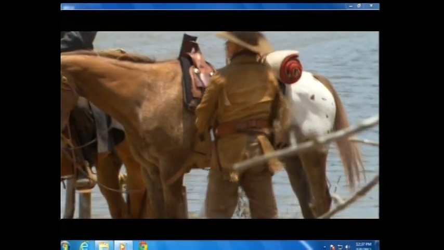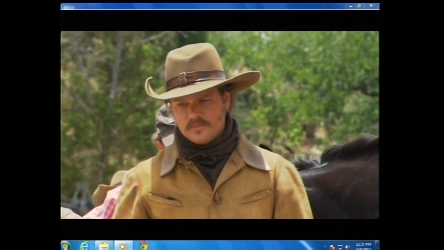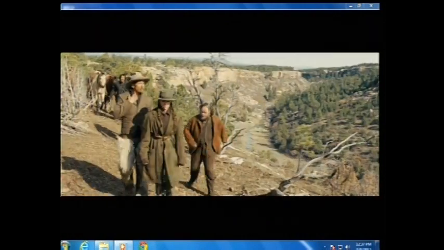LaBeef's hat is a fancier hat, and his has a wider brim because he's from Texas and very close to Mexico, so it could have come from there. And he's taken the time to give his hat a certain blocking. You know, it's got a curve on the side and it kind of goes over his eye. And again, it's like the buckskin coat. It's got maybe a little bit too much panache.